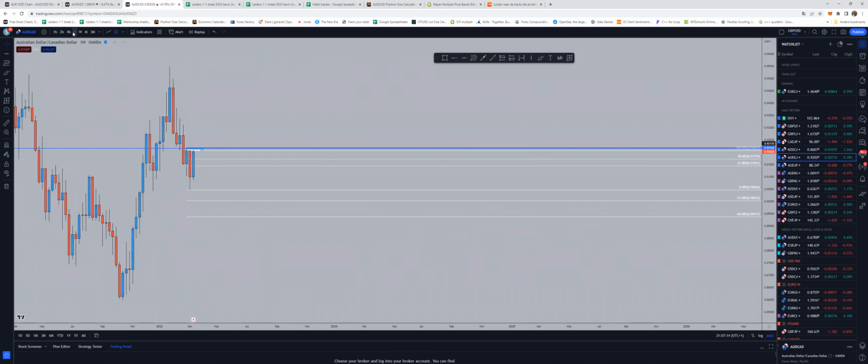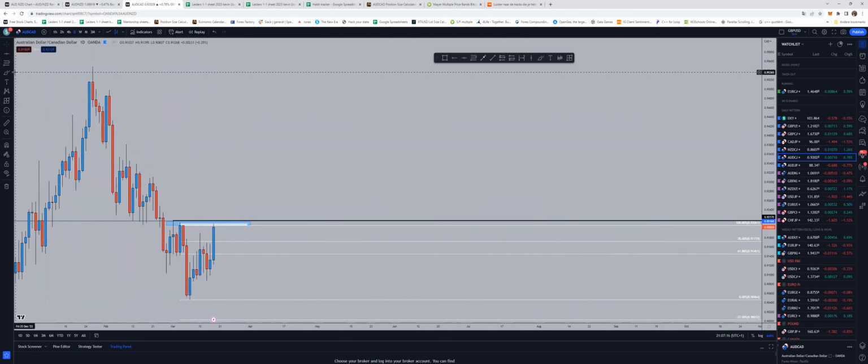So I went to the daily, and on the daily we are also bearish because we had this high, we have this low, we have this lower high, lower low. So everything between this high and low is just a correction for potential more downside momentum. So what you can see from that was a bearish impulsive move and then some corrective nature counter the trend